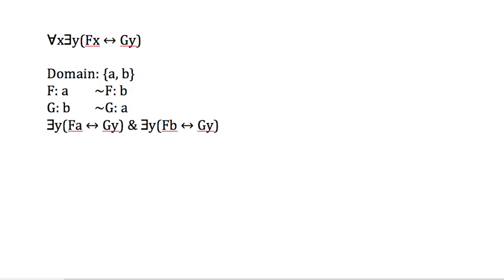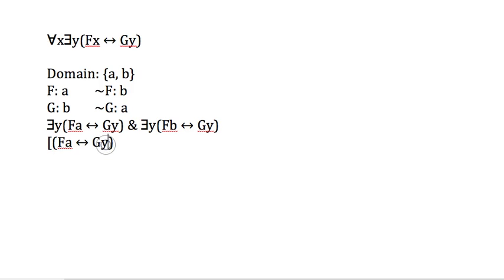What does this say? Well, this says that at least one member of our domain, at least one y in our domain, fits this description. We use a different variable because it may or may not be the same thing as the thing on the left. The y here doesn't have to be A. It could be something different. So using different variables allows us to get that possibility in without it getting lost in having only a single variable to work with. So, if at least one thing in the domain fits this description, at least one thing y fits this description, that means